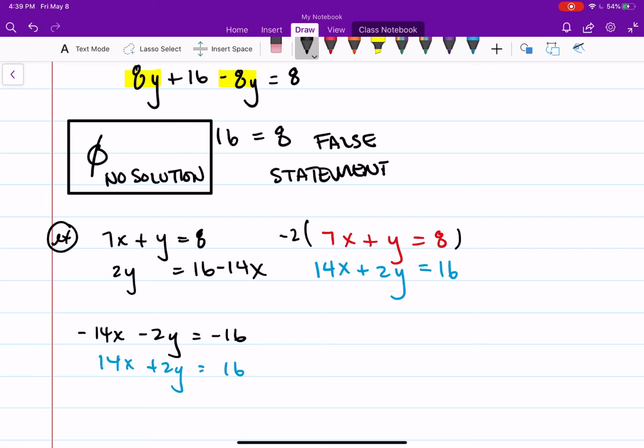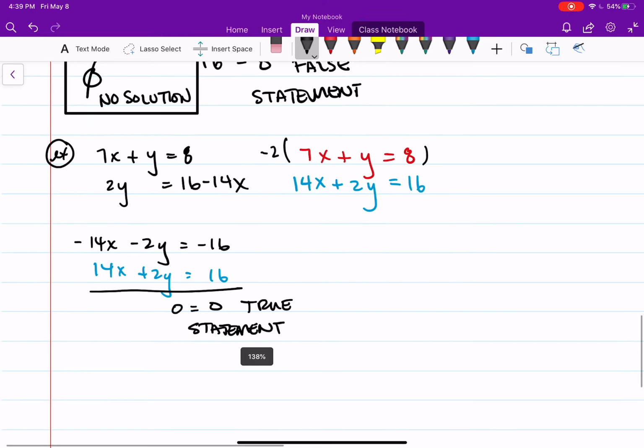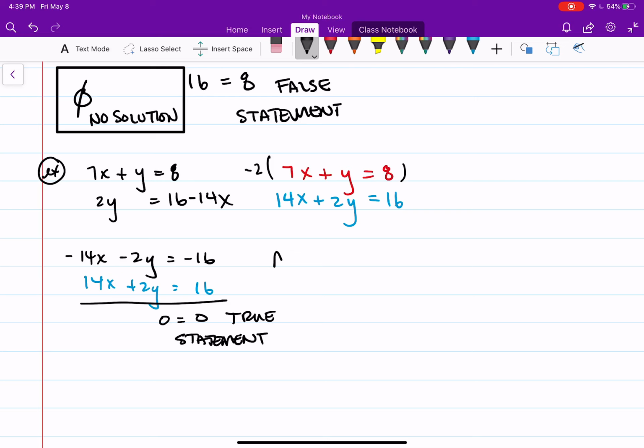Well, if I add these, what happens? 0 is going to equal 0. Now, this is a true statement. That's a true statement, which means it's going to be all